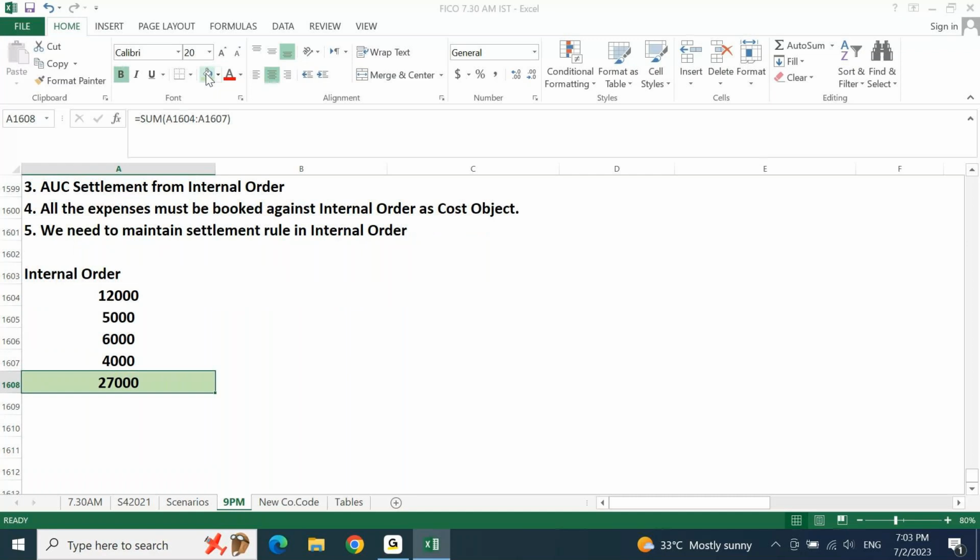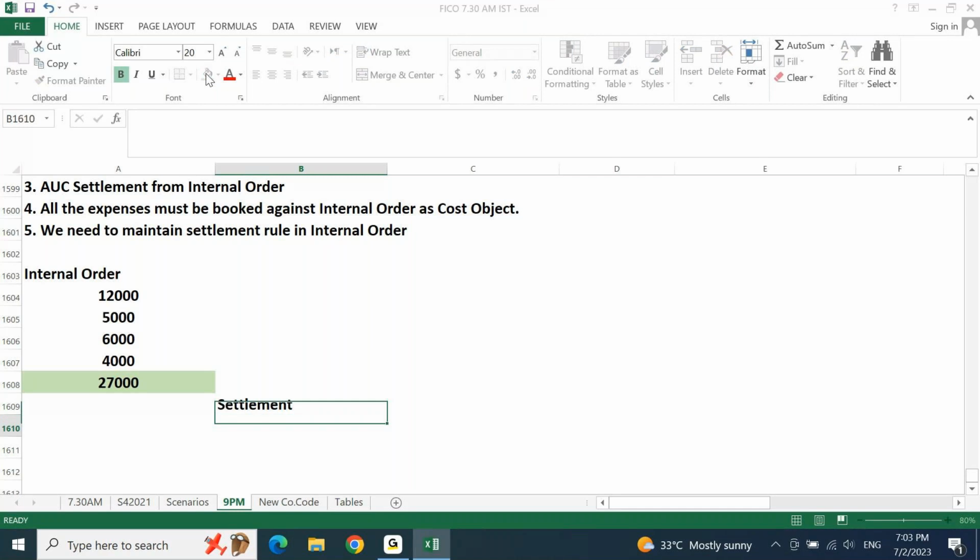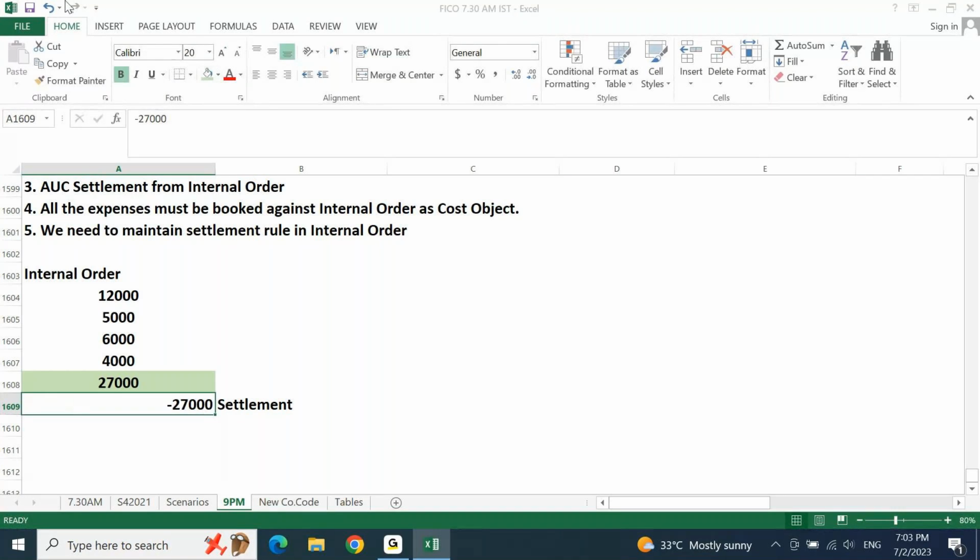When you do the settlement, the system is going to pass a credit of 27,000 in the internal order, so that if I look at the total debit posted plus the total credit posted in the internal order at the end of the month, this will become 0. It has become 0. Now this 27,000, which is a credit to your internal order,